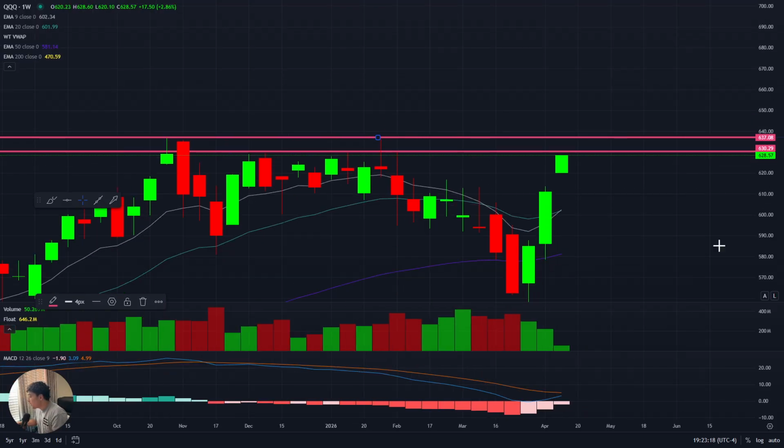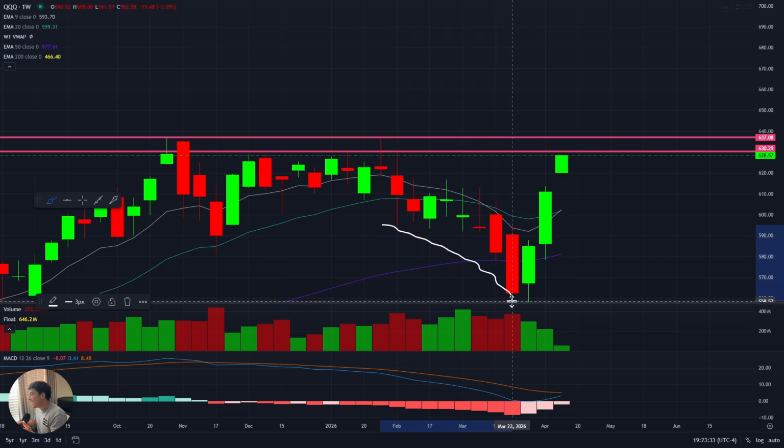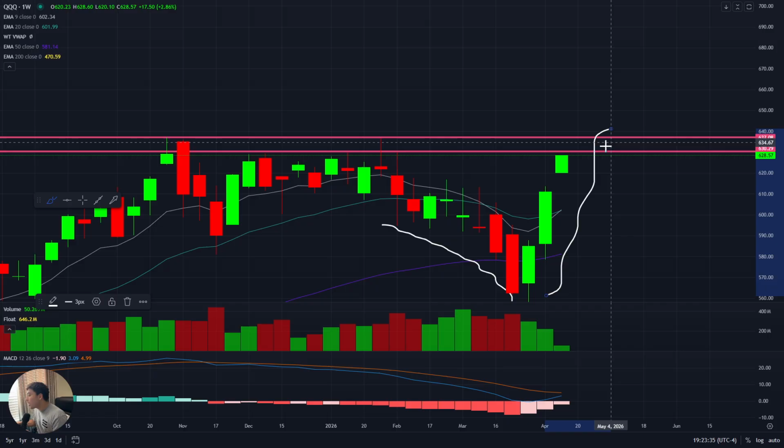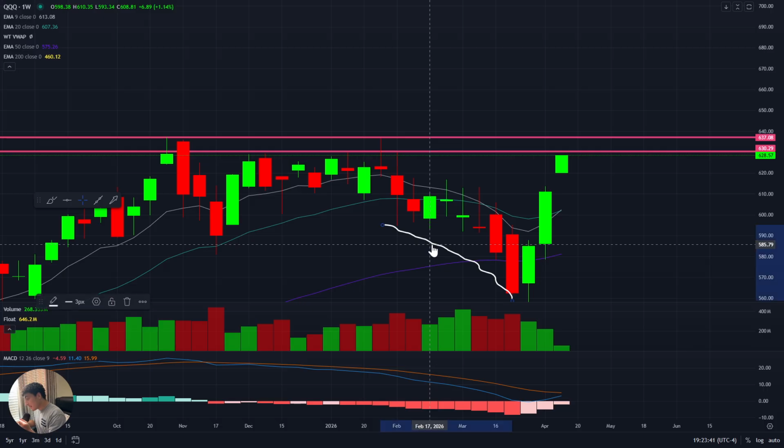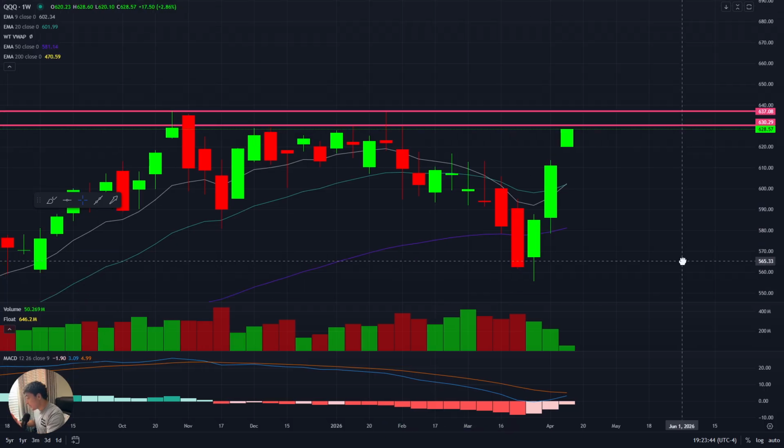Guys, we already, QQQ, within a matter of 3 weeks recovered a downtrend of, let's see, we started trending down since beginning of January or end of January. 1, 2, 3, 4, 5, 6, 7, 8. 8 weeks of trending down, recovered in 3 weeks. That tells me that the market's very strong. Trump obviously has a lot to do with it, but the dips are always bought. So I'm like, holy shit.